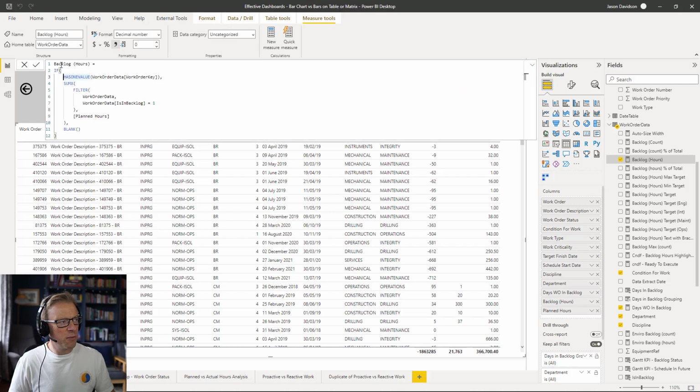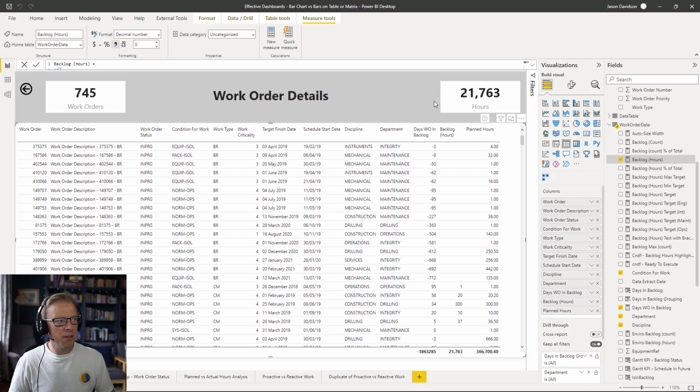So we've got this option here, backlog hours, that's a measure that we're displaying here. Now I've just added this in here just now and I haven't pressed enter yet, and we can see that we've still got this 21,000 hours there. Now I want to get rid of that because we've already got this as a measure at the top here, and we can see